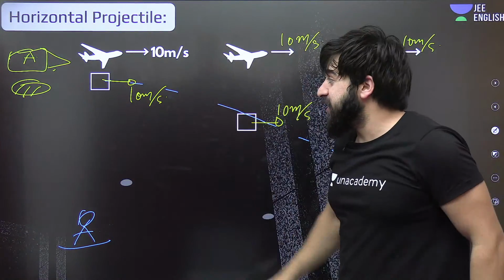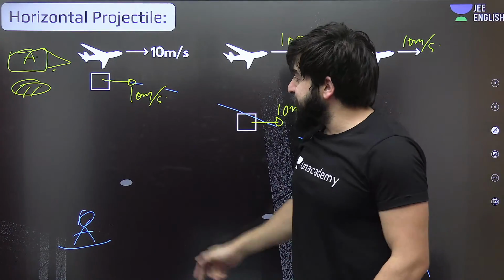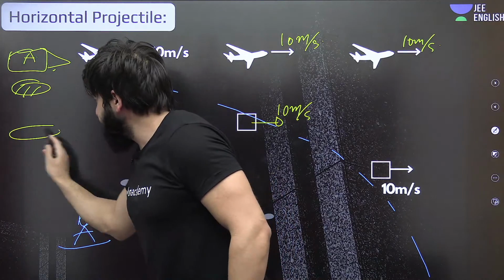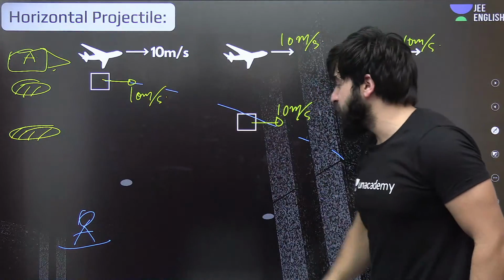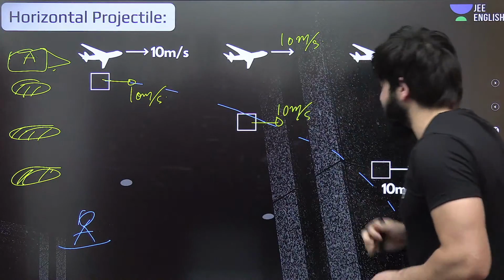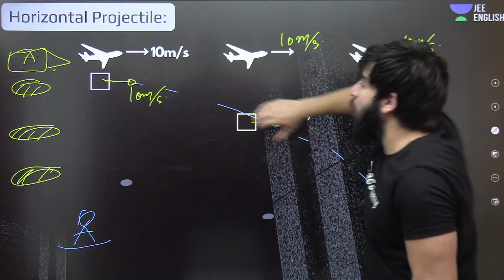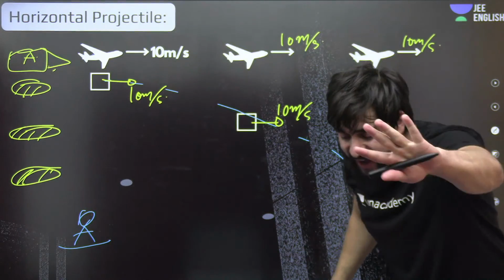See, what happens over here? When this package is exactly over here, this will be over here. Fine. So when this package reaches this point, this package will be over here. So when this package reaches this point, the package will be exactly over here. Now, if I ask you to analyze the vertical motion of this package only,